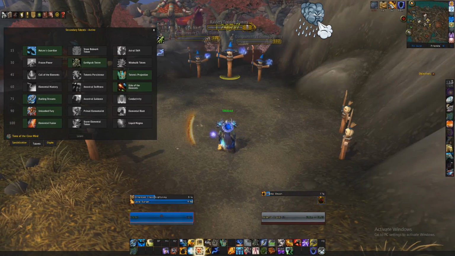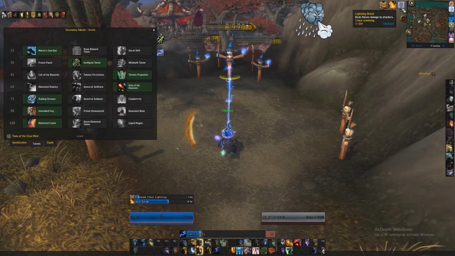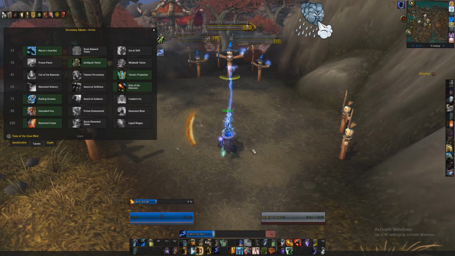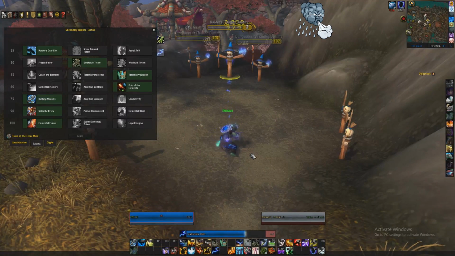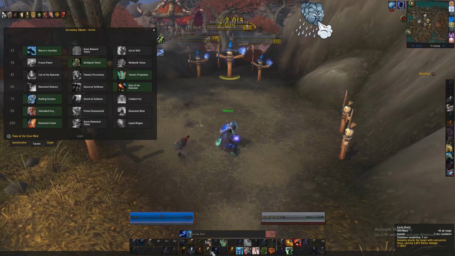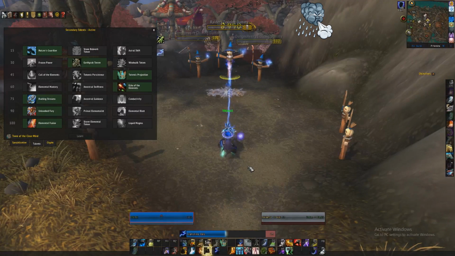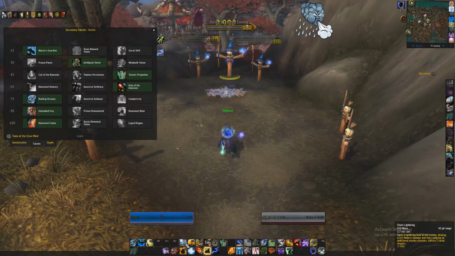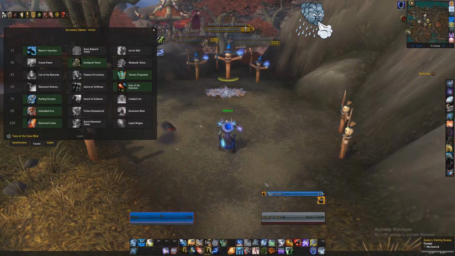So basically, you're going to build up your Lightning Shield to 20 stacks. When we use Earth Shock, it's going to use those stacks. Or it might be Chain Lightning. I'm not sure. One of these spells uses that. It doesn't matter. But anyways, okay, so with Flame Shock up, that increases our damage